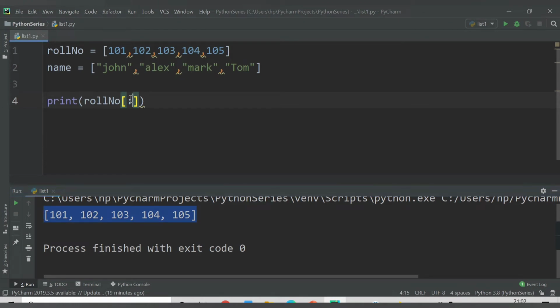Also what you can do, let's say I want to start from the 0th position, meaning the first item, and I want to go till the last position. The last position here is 0, first, second, third, and fourth.